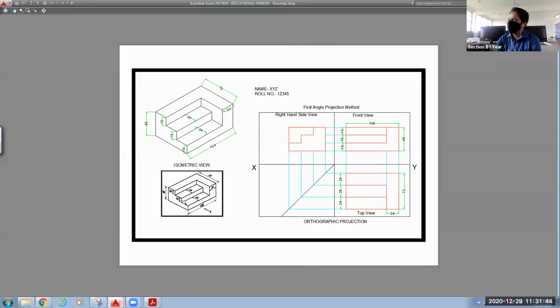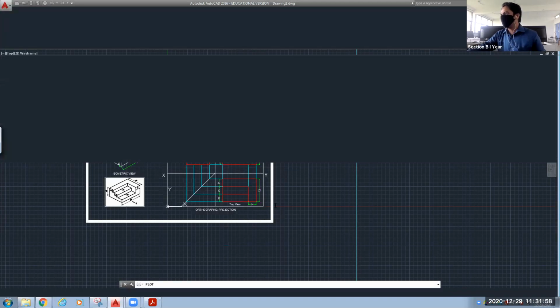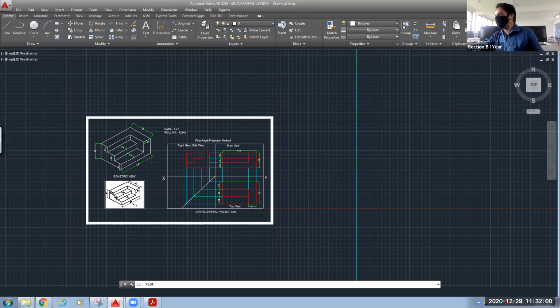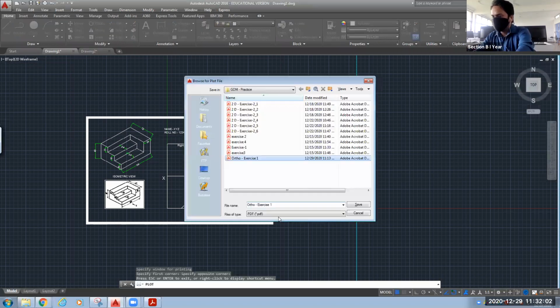The red color is representing your orthographic projections. This is your isometric projection, and this is the question that is given to you. Now, suppose I give you some different components, can you draw ortho and ISO? I will keep here ortho and ISO.